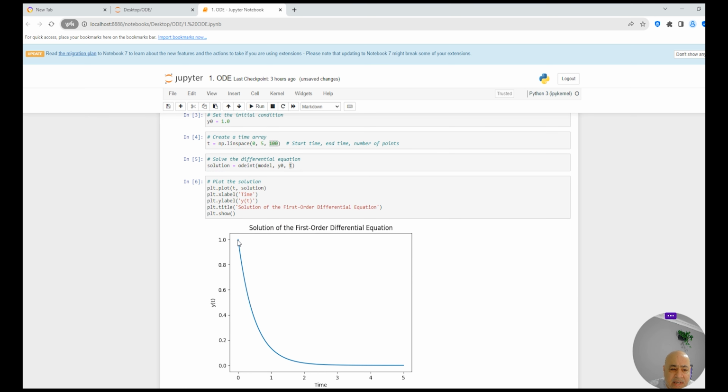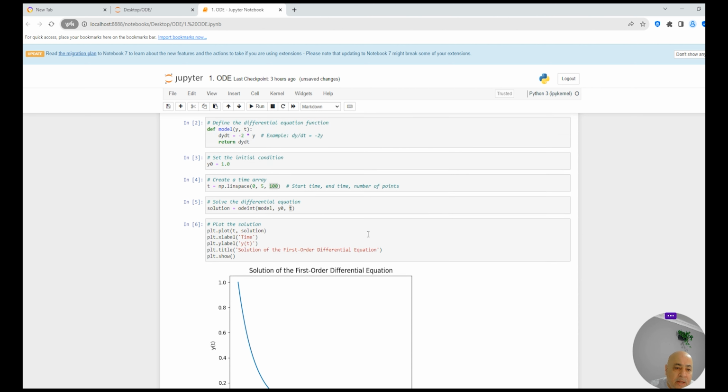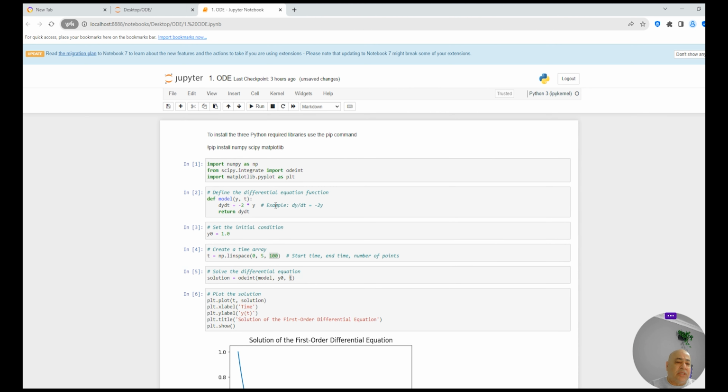And as you can see, I started with y initially at 1, and it decayed to near enough 0 around 5, and it should have about 20 points between 0 and 1, and so on. So as you can see, in this case, what I did, I split the code into cells, and each cell